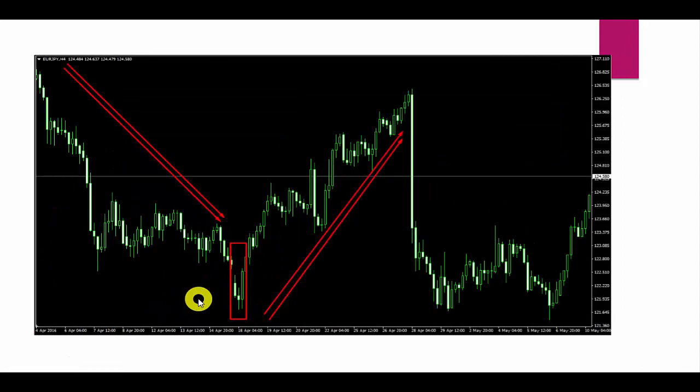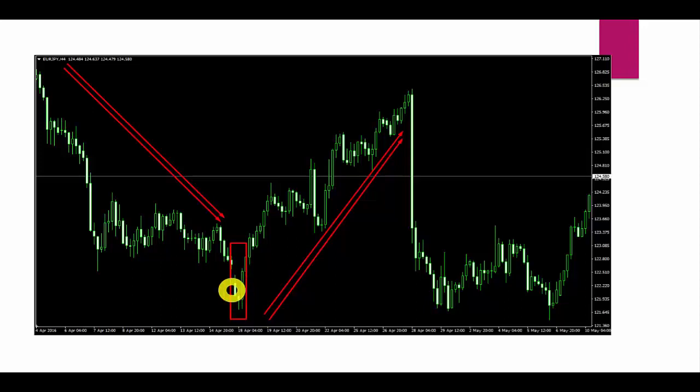Okay, all right, now we have another example of the morning star candlestick pattern. As you can see, this is the chart of H4 EURJPY. The market has been in a downtrend. After a strong downtrend, the market was making a bottom here. You can see the first candle is a bearish candle after the strong downtrend, as I have already explained in the conditions. So the first candle should be bearish, the second candle is with indecision. It means that there is 50-50 chance of a bullish or bearish market.